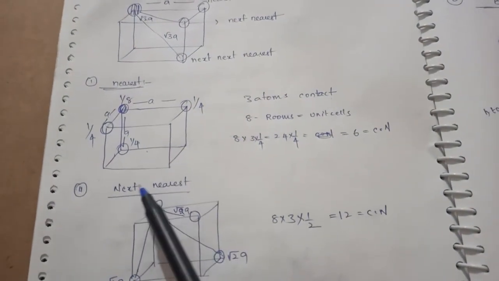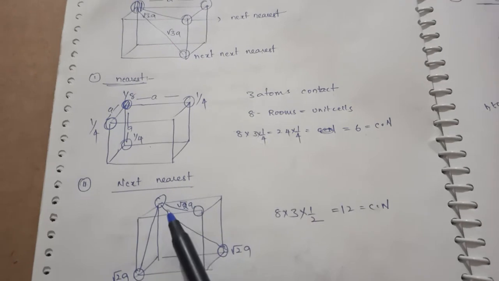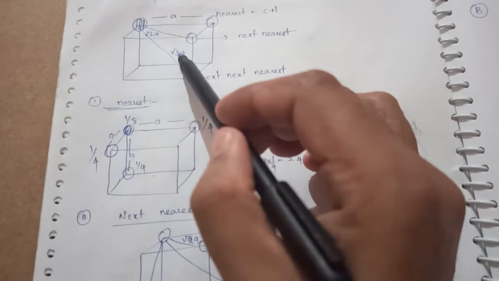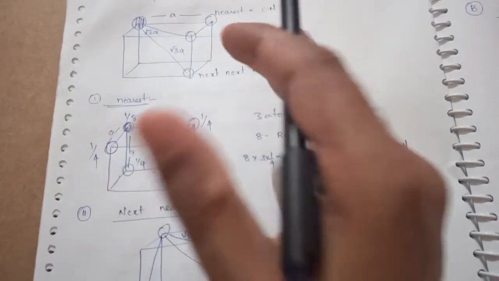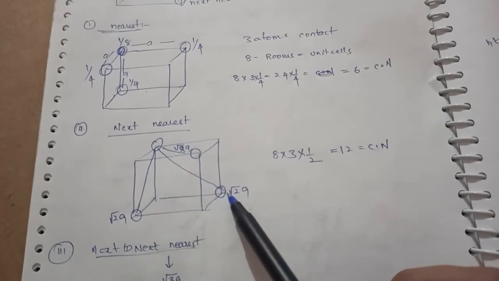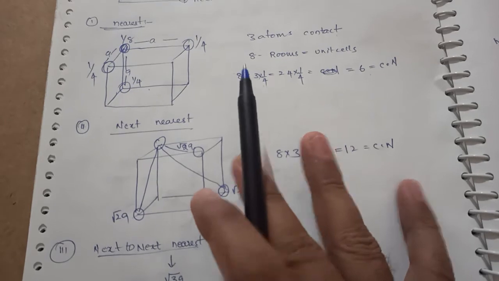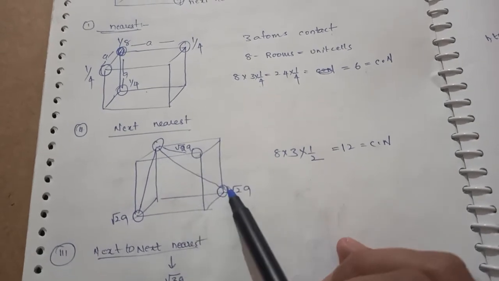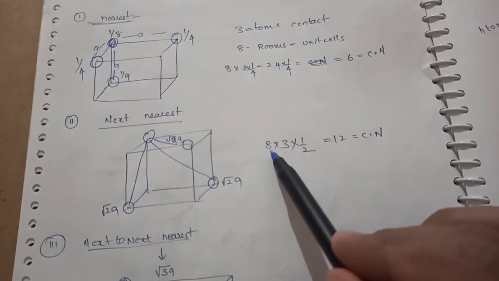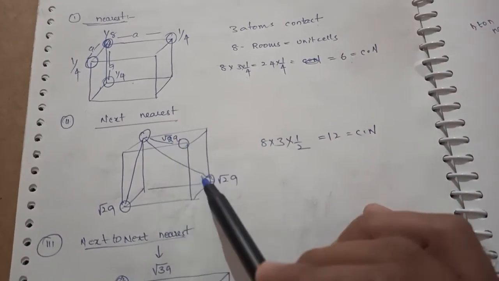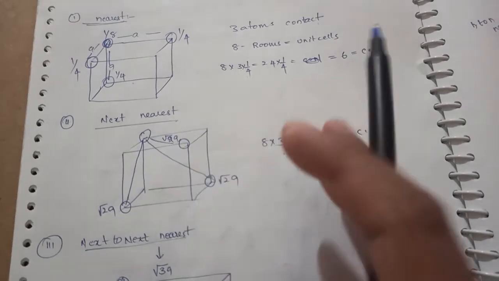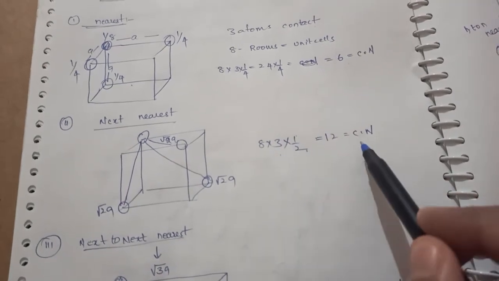Next one is nearest, next nearest. Next nearest which one is there here, the root 2A is there, here the root 3A is there. In between these two, which is nearest? Root 2A is the nearest one. So here we have to consider this is the root 2A. Here also one more root 2A, here also one more root 2A, isn't it? See here, this is root 2A, root 2A, root 2A. And this particular atom is sharing among the 8 unit cells, that's why 8. And these 3 are there. Each contribution should be 1 by 2, as we discussed earlier. Then the coordination number is 12.